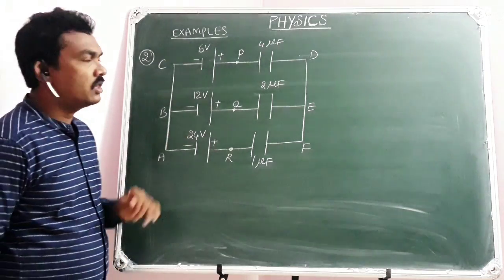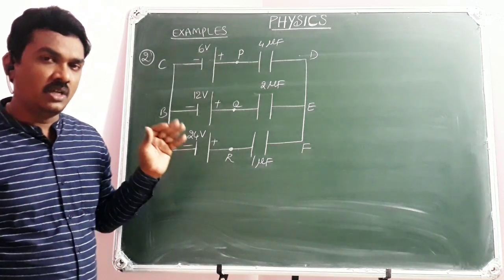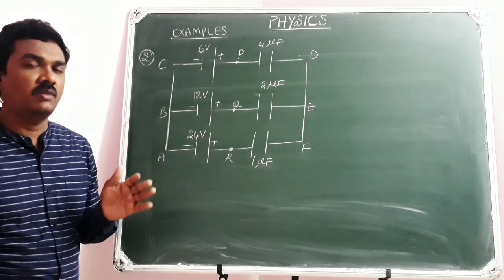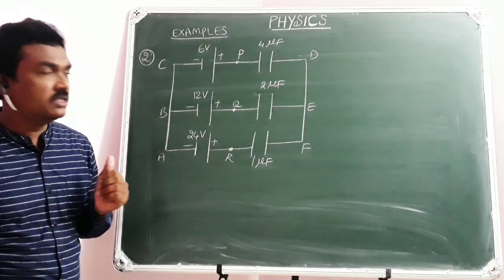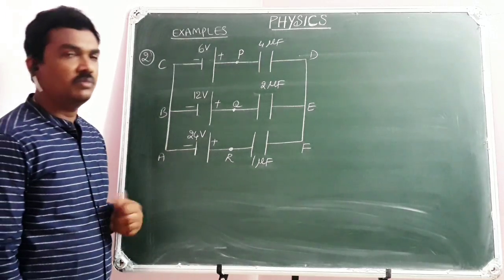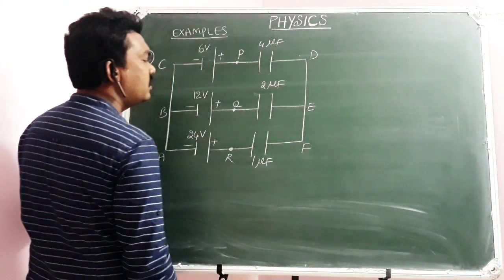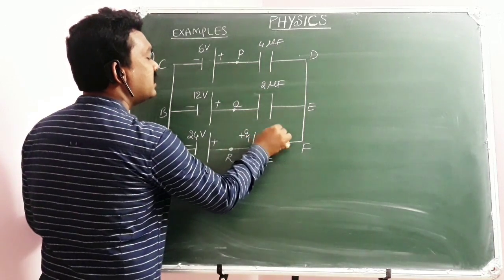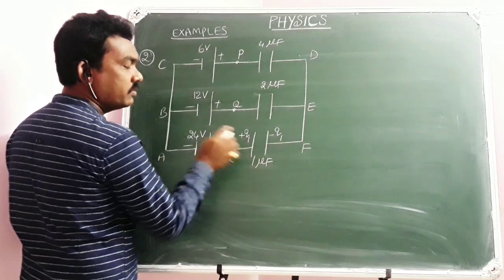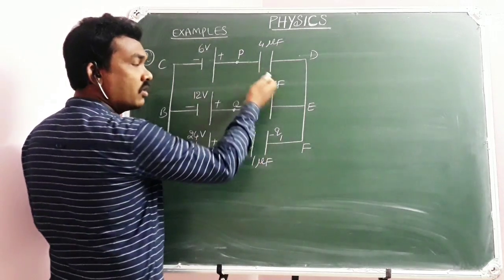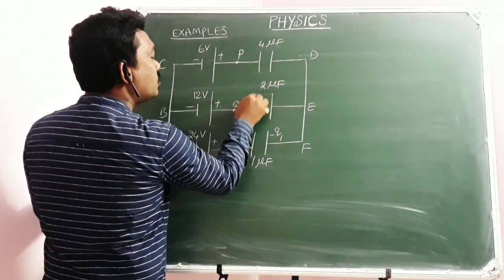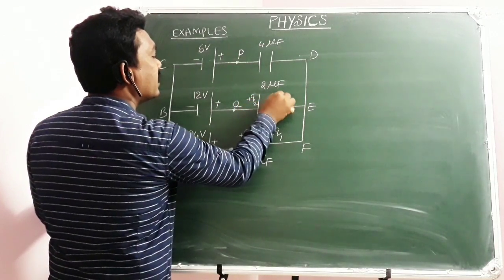Now here we need to solve the question to calculate charge on every capacitor. Of course, to calculate the potential difference across every capacitor. So in such a situation, what can we do? Yes, just suppose there is some charge Q1 has been developed on the plates of first capacitor. Take Q1, there is no problem. And here there is some charge Q2 has been developed on this second capacitor.